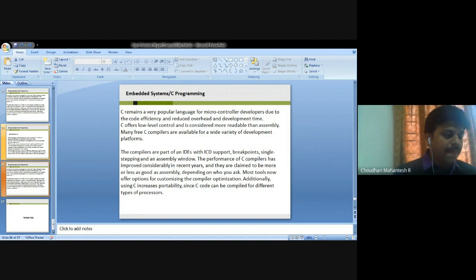We need to consider a few more things while writing code, as I told you. Structures like the while loop, the switch statement, the do-while loop, and the for loop. There are many codes we have to write to fit the required application coding. With this, we have almost covered programming in assembly and embedded C.